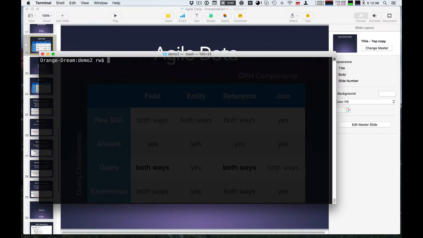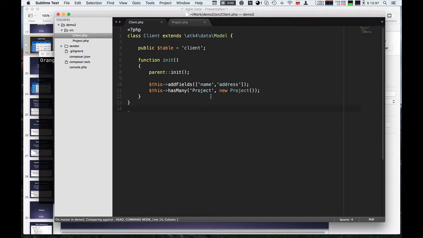Additionally, we need to make sure that if the client doesn't exist, if an incorrect ID is specified, it will error out and generate an exception. The other thing is that for the projects we're showing, there are certain requirements as well. They have to be ordered by showing the biggest budget on top. There shouldn't be more than 10 projects per page, but we also have to show a total amount of budget per client. So let's get into developing this, and first I'll have to revisit my model and the client,